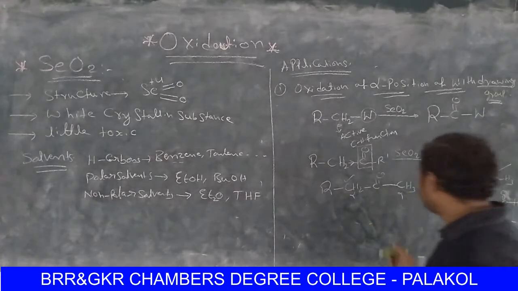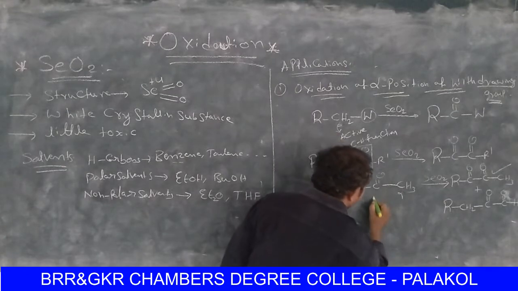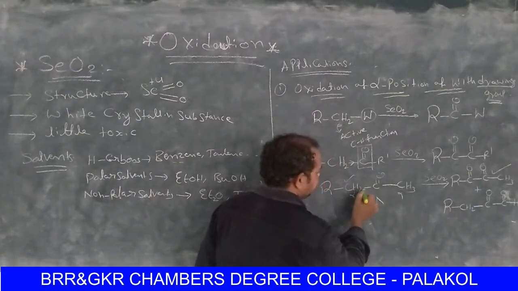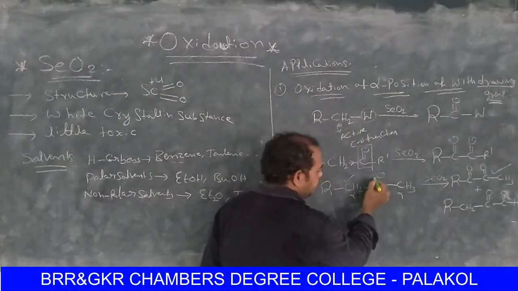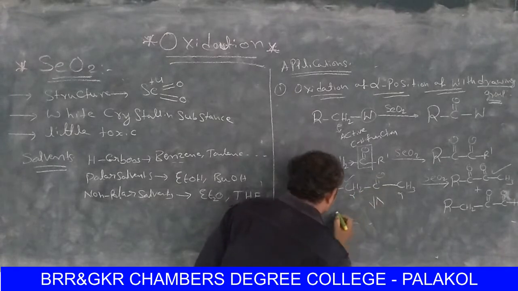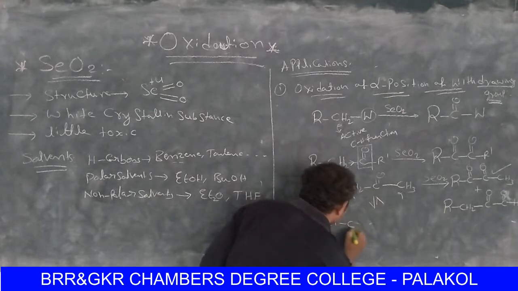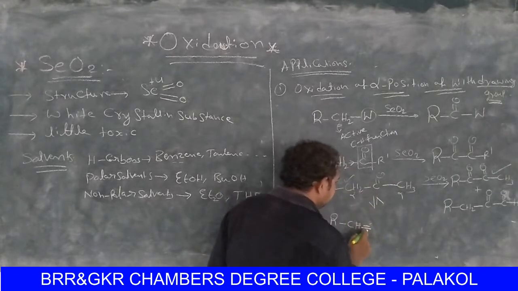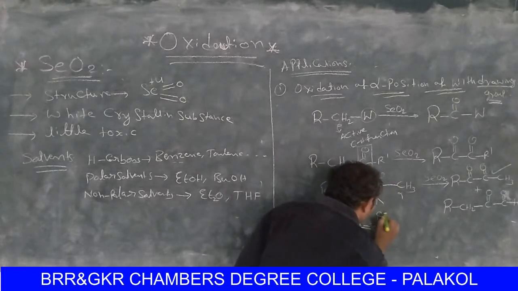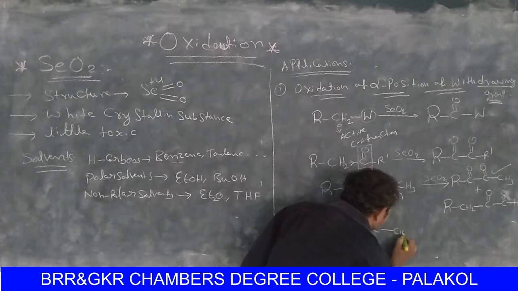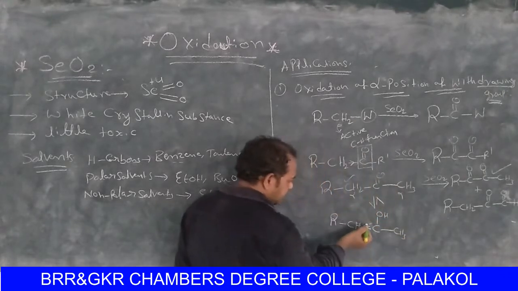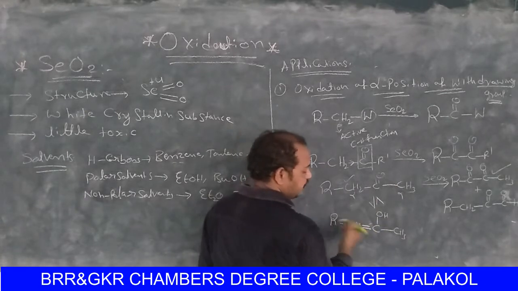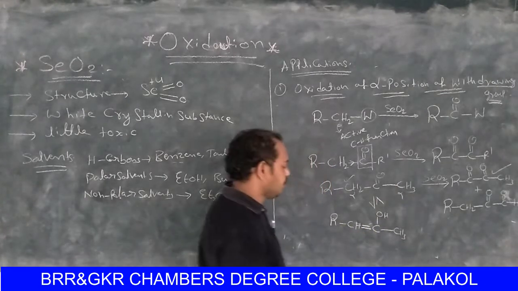For example, suppose here I am writing the enolate anion for this one. How do you write the enolate anion? Here, one hydrogen is involved in the conjugation with this C=O, one sigma bond, right? And here, by the hyperconjugation concept, we can write RCH=C(OH)CH3 here, right? And here, this double bond has more substitution according to the hyperconjugation rule.